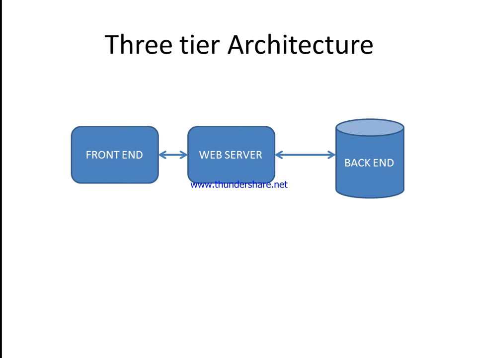So this is the three-tier architecture we are going to represent in the entire session, and in this video we are going to see only the web server creation. The remaining front end and back end parts will be covered in the consecutive videos which I will post after this video. Normally this three-tier architecture is required for developing an application, and you can either deploy that application in your cloud environment or run the application on your own system.